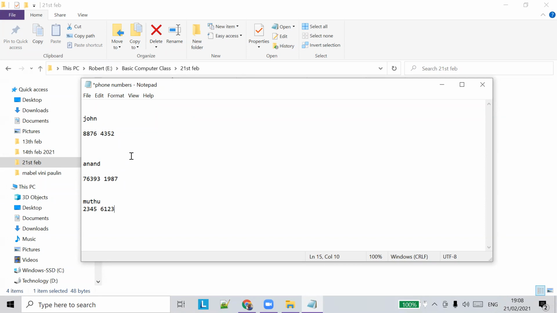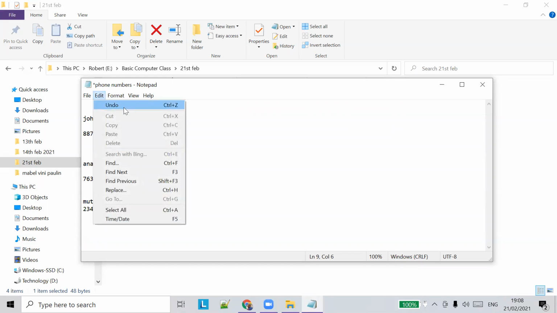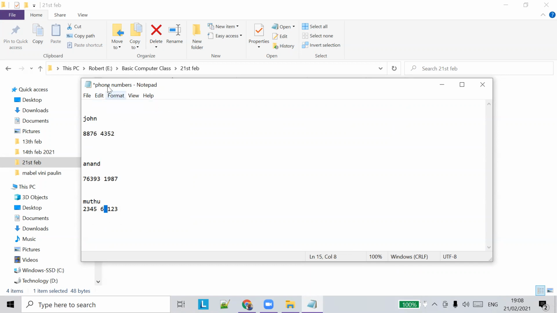I changed my mind and I don't want to save this number anymore. So you can just select it and click backspace, delete it, or else you can do undo. Okay, so edit. If you say undo, whatever you typed will go off. So undo. You can see the data gone, right?